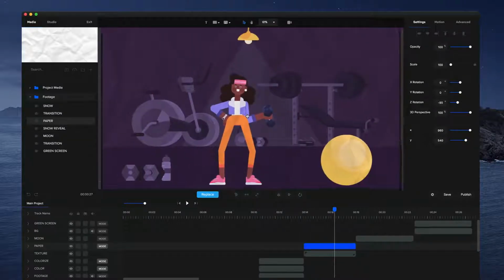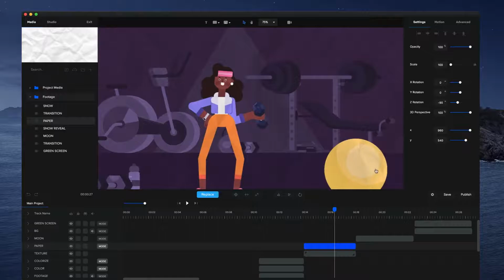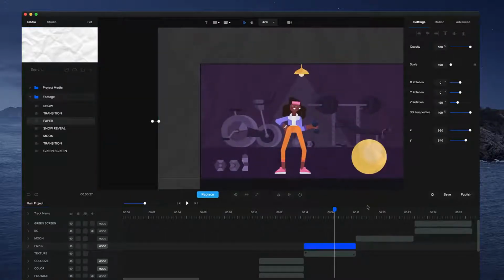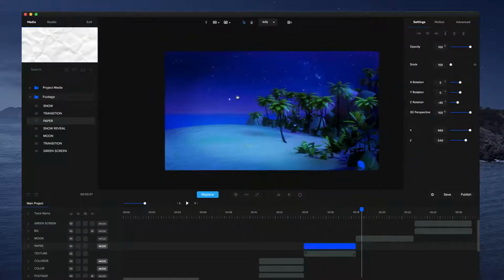And if you want to make it a bit more subtle, you can again adjust the opacity to bring it down so it's not such a heavy effect, but this looks really, really good, to add some extra style to your explainer style videos. Cool, so now what I want to show you is how you can, for example,